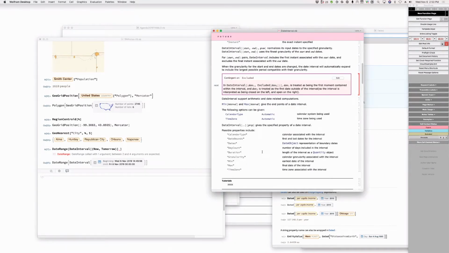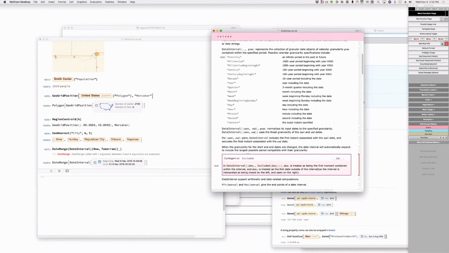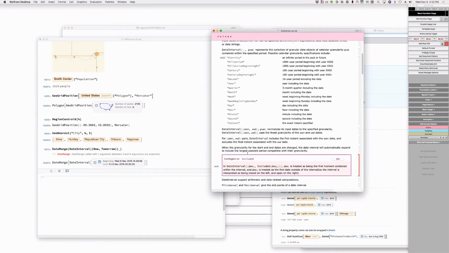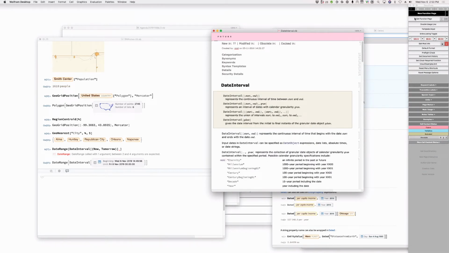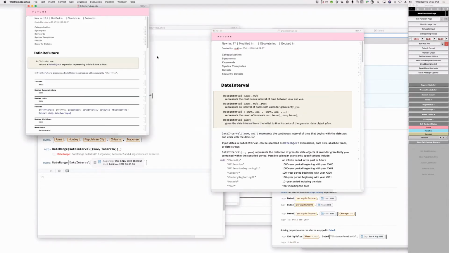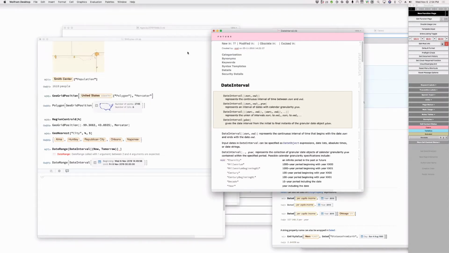Okay, anything else I need to look at here with data? This looks good. Can you just open the one page, for example, for infinite future, just to see the wording of the definition box? Because this is kind of deep. Representing infinite future in time, with granularity eternity, I guess that's right. Yep, seems right to me. Looking good. Okay. Don't forget to put it on guide pages. Maybe I'll have to do that at some point. Okay. All right. Next.